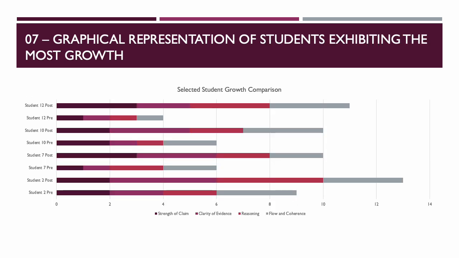4 of the students exhibited high levels of growth when it comes to the pre- and post-assessment scores. Though students number 10 and 2 already had a somewhat strong claim, it was very evident that the writing intervention was beneficial for these 4 students because of the increase in scores of their clarity of evidence and reasoning when utilizing the analytical rubric. These 4 students seemed to struggle the most, especially student 12, with the pre-assessment, given the historical nature of having the exact same format all over the course of the year. Instead, the post-assessment utilizing the writing intervention shows how much benefit these 4 students gained.